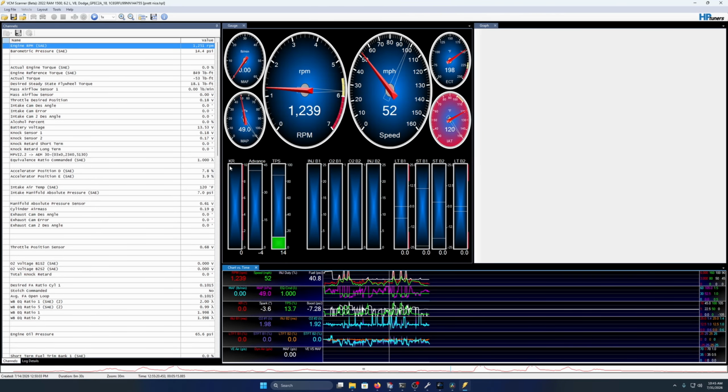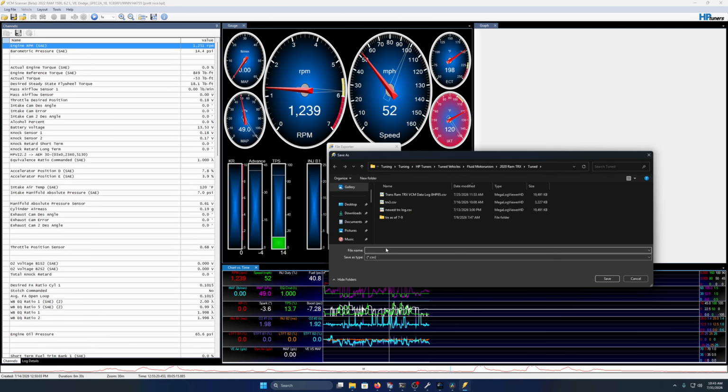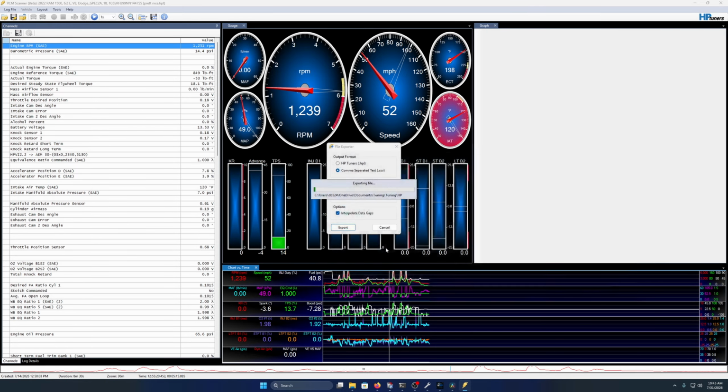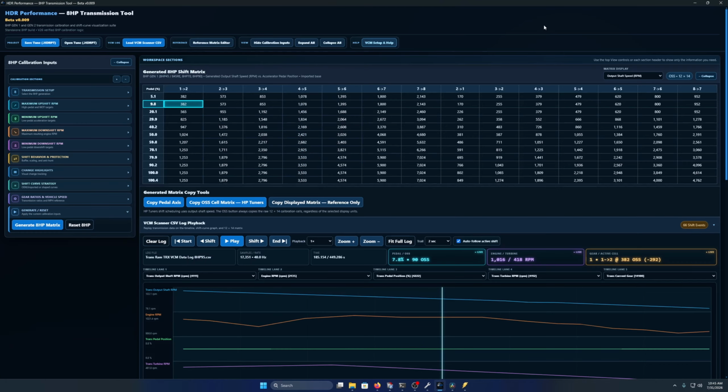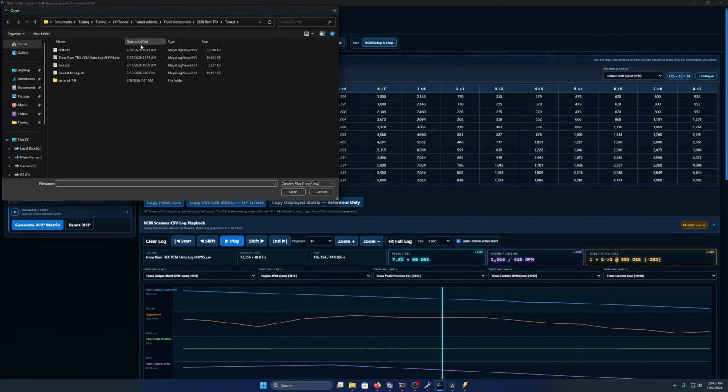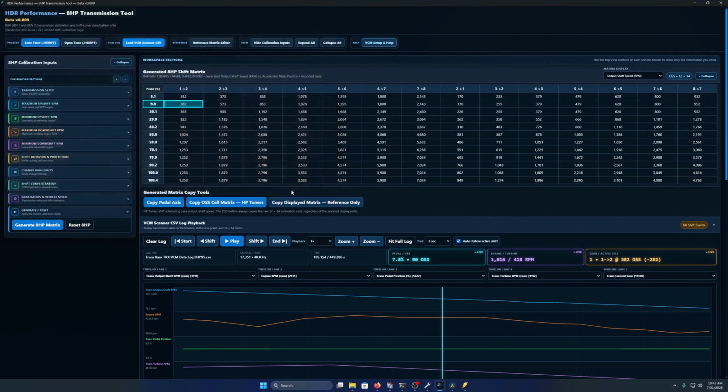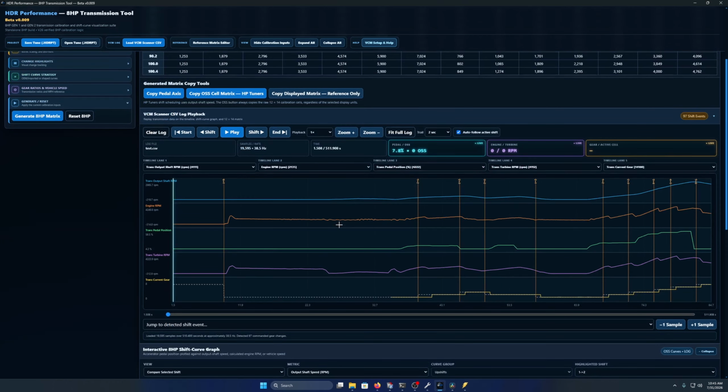So we have a demo log pulled up right here. We're going to go log file, export log file, and we're going to choose comma separated text in the CSV format. Entire log, you can or cannot use this as an option if you want to. It'll interpolate the data between any data points that are missing. You click export. We'll go test. Open up the software. Load CSV log. And now that log is uploaded